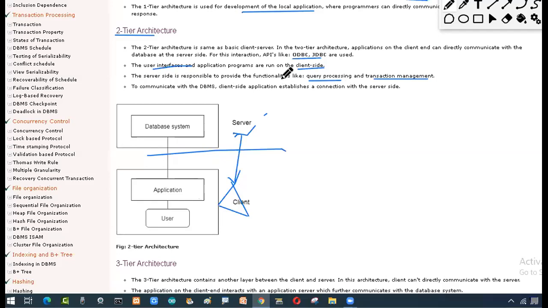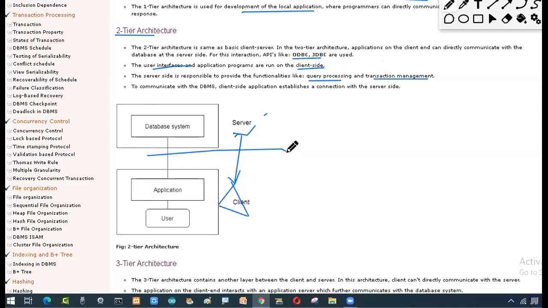Okay, and I'm doing some transactions, in the sense I'm depositing an amount, withdrawing an amount, paying an amount, or modifying, or adding new person details, something like that I'm doing with an application. So that will be taken care of by the database by giving the answers: this transaction has been completed, it has been updated, it has been deleted, something like that. So the to-and-fro work will be happening. So this is how your two-tier architecture is going to work.